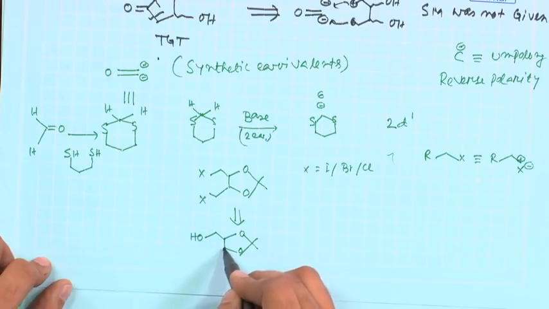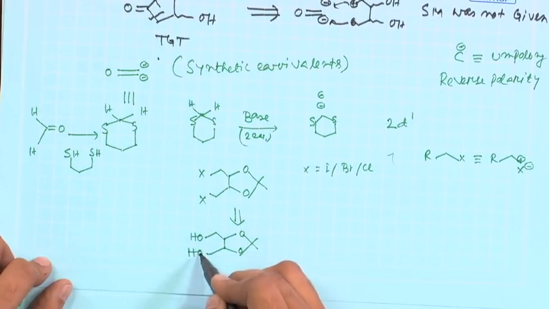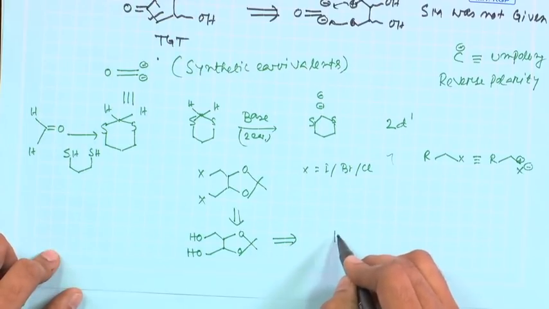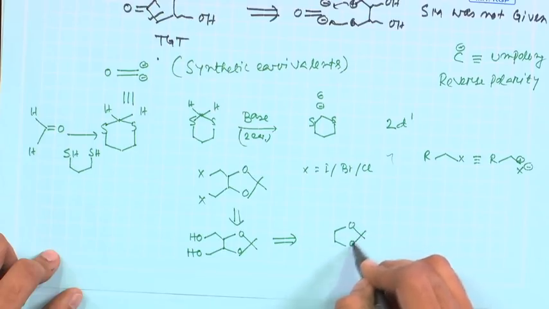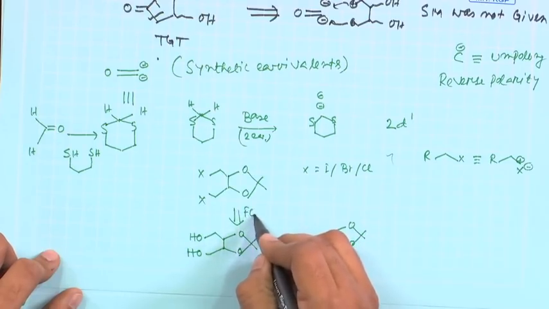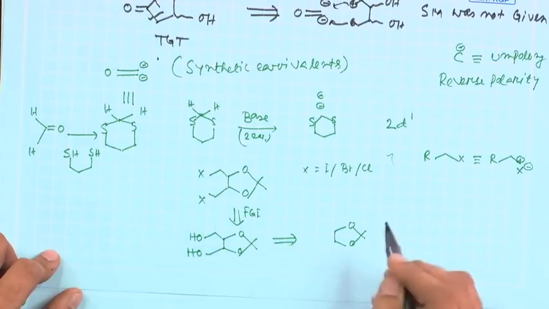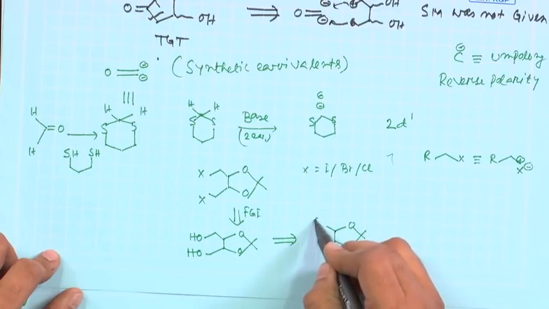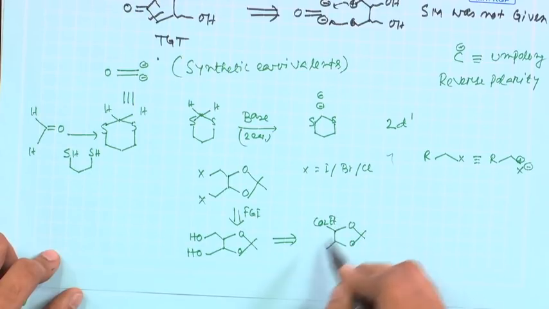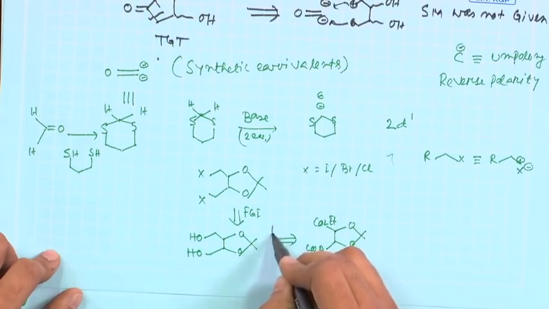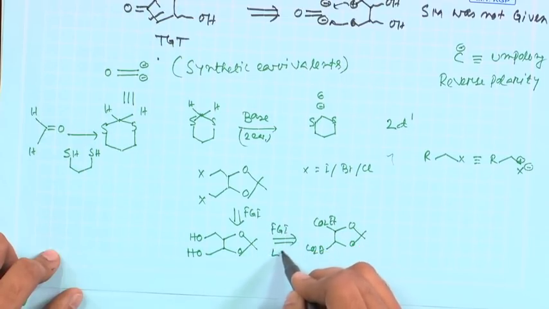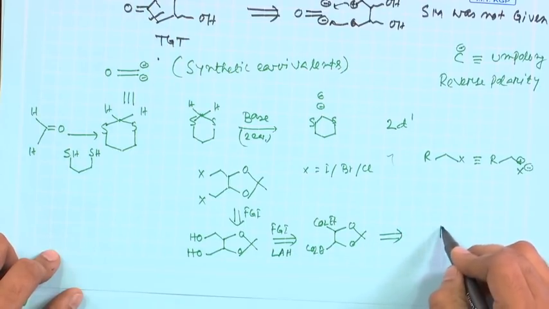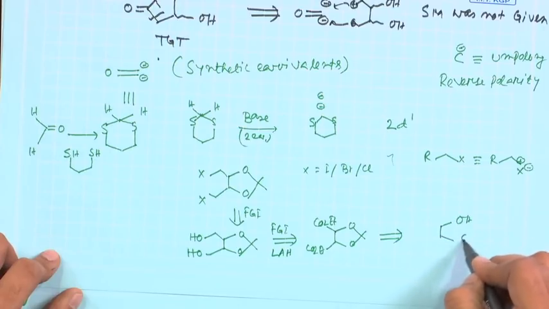So, if you have a compound like this, you can convert both the alcohols to the corresponding iodo, and now do again a retro. This retro is based on functional group interconversion, where both the iodo have been converted from the corresponding alcohols. And now for this retro, if you have a diester, you can do a functional group interconversion through normal reduction like lithium aluminum hydride. And now you will see that this starting material is basically a simplified starting material,